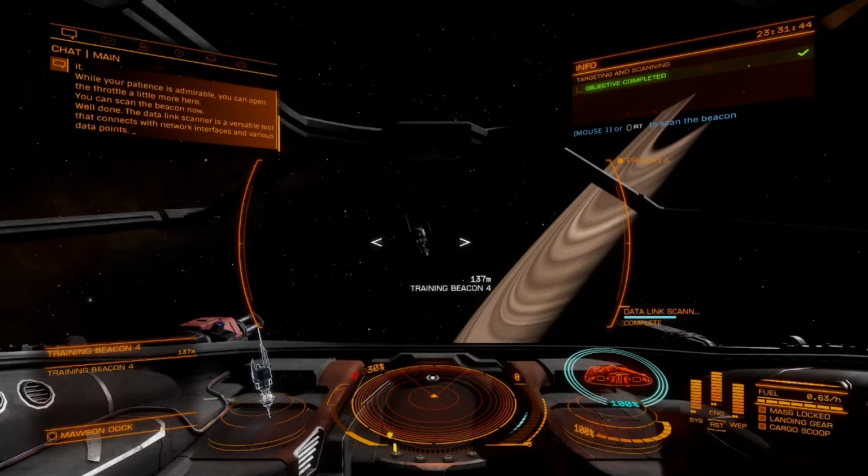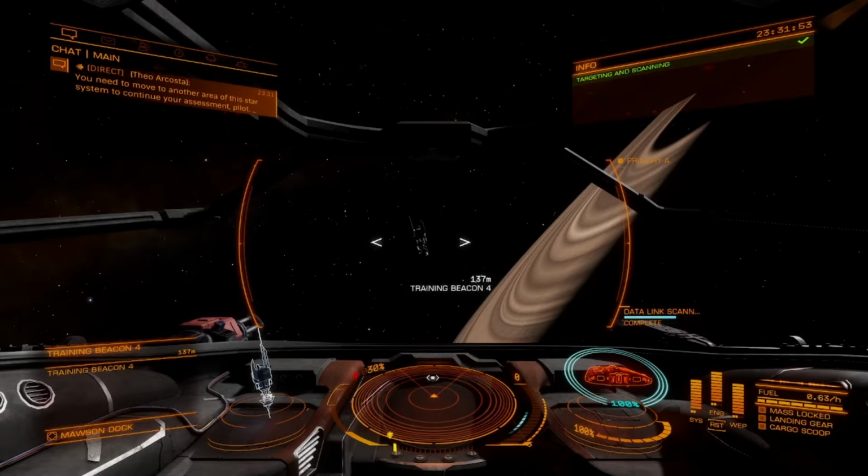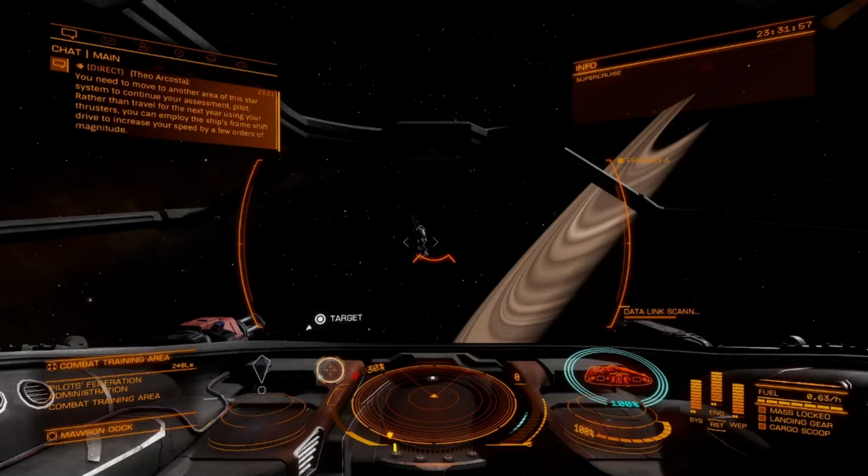Well done. Perfect. The data link scanner is a versatile tool that connects with network interfaces and various data points. You need to move to another area of this star system to continue your assessment, pilot. Rather than travel for the next year...